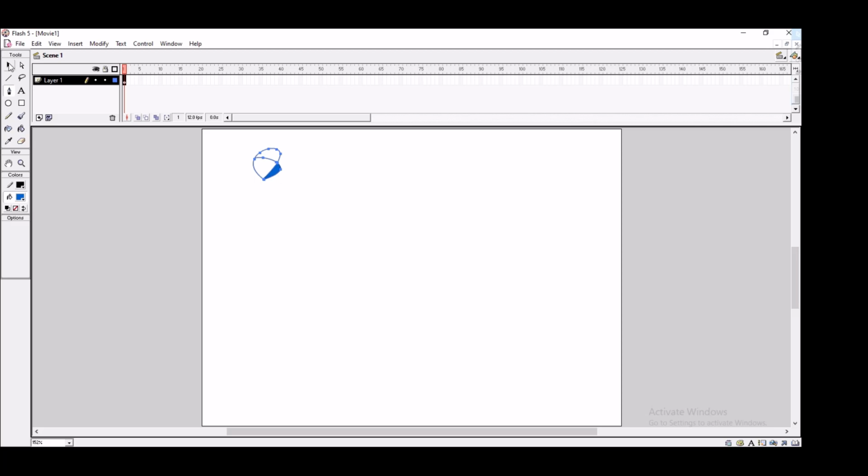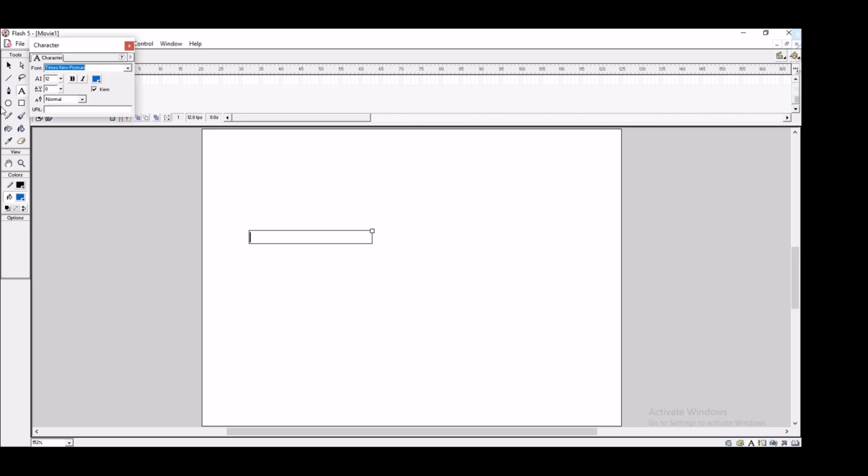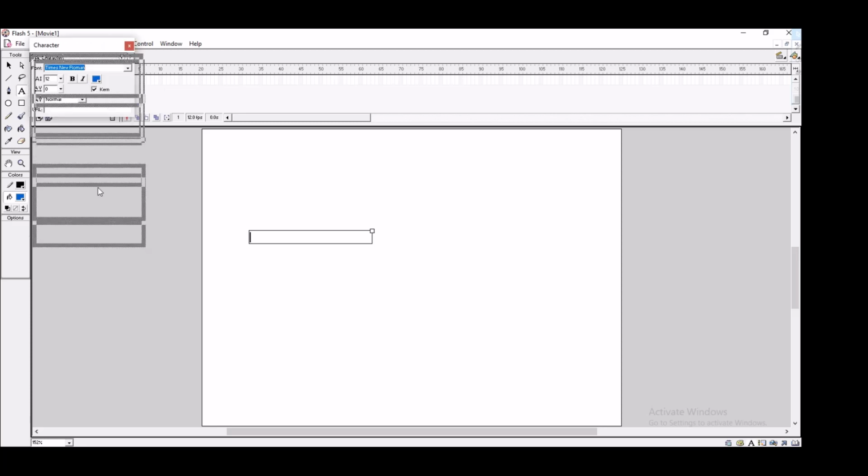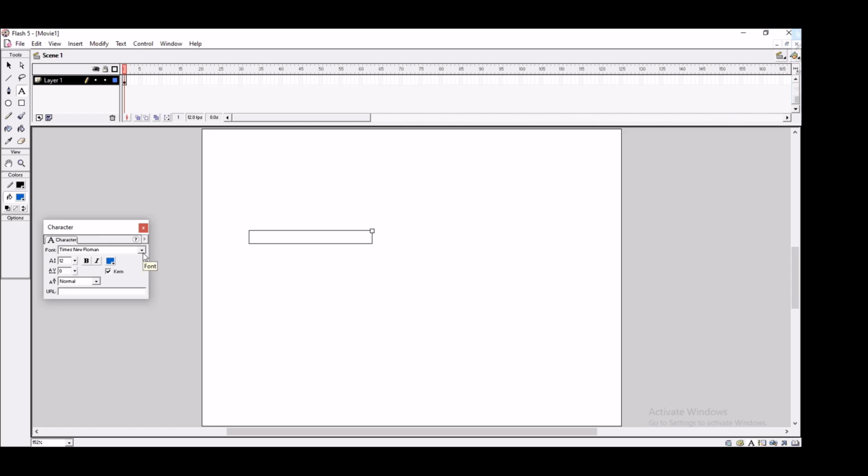The next is the text tool. The text tool is symbolized by the A symbol. With the help of the text tool, you can type the text like this. You can even change the text font size, etc. by pressing Ctrl+T, and you can change the font by selecting a font column, and then there would be different styles. The next would increase the size of the text, and the next would increase the spacing between each letter. See, just like this. You can increase or decrease.